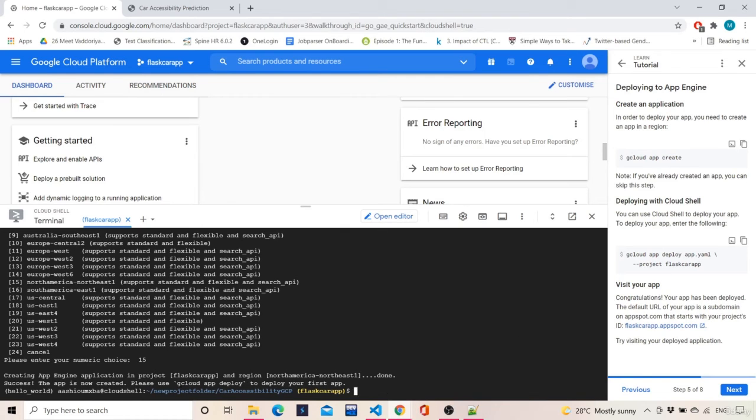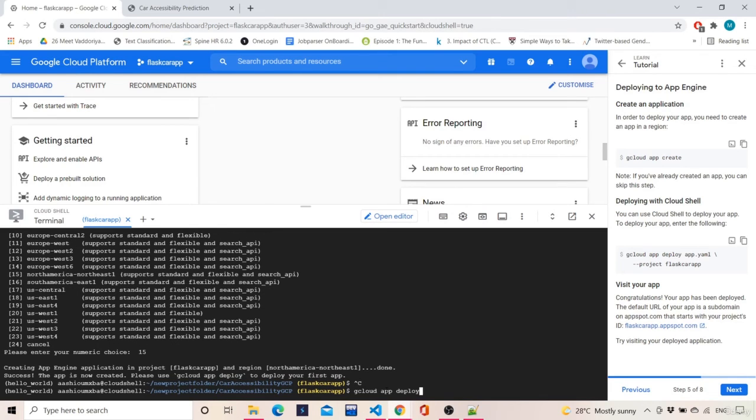Over here also, whatever command they are saying, just copy that and paste it here, and this is the last phase. The deployment will take some 5 minutes or so. After this you will get a URL. After the deployment you will get an interface like this, and you can easily figure out that the deployment has been done. Then go to this ID which they have given here, click on it, and click open link in new tab.